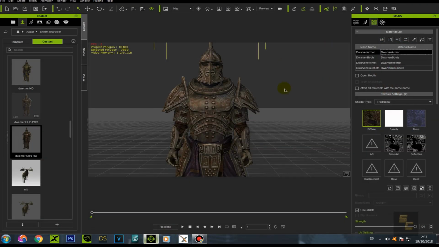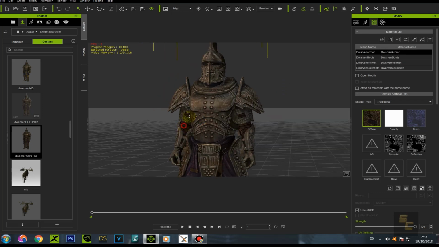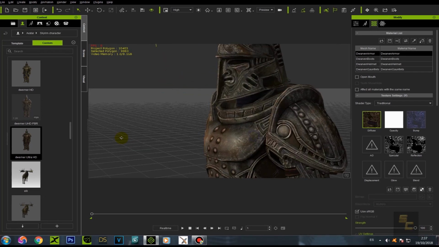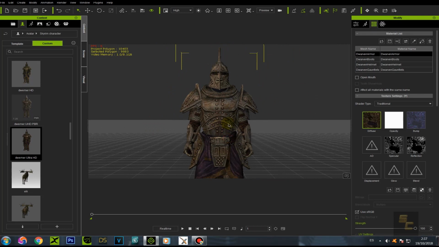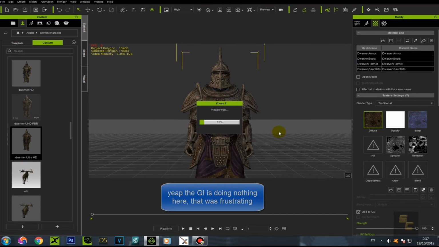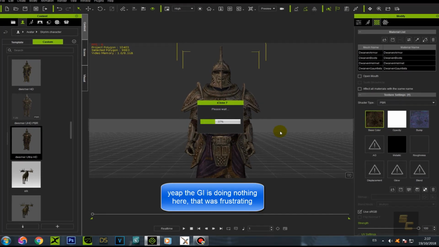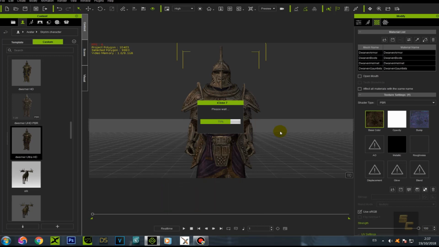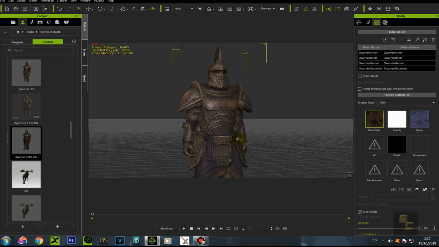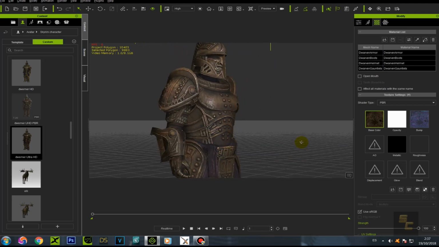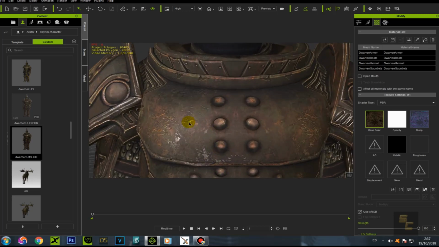Let's go out of here and back to our actual avatar here. And let's convert this guy, select it all and convert it directly to PBR. Wait a little bit, that will take a bit. It depends on the texture size and the actual avatar, how much it takes to convert it. So it's about that. As you can see already, the avatar looks more pale. But if you go close in, you can actually see,